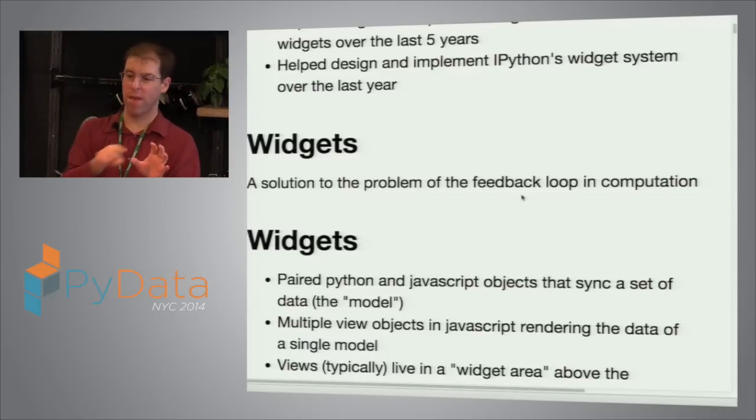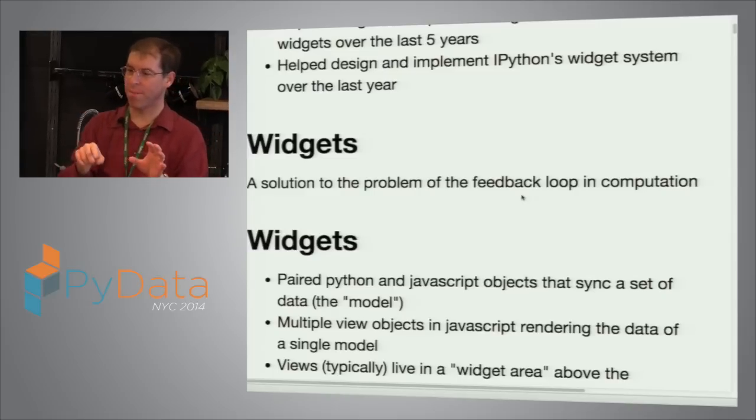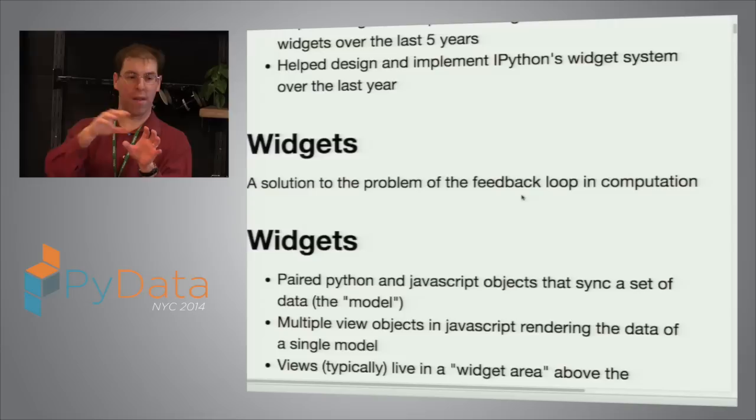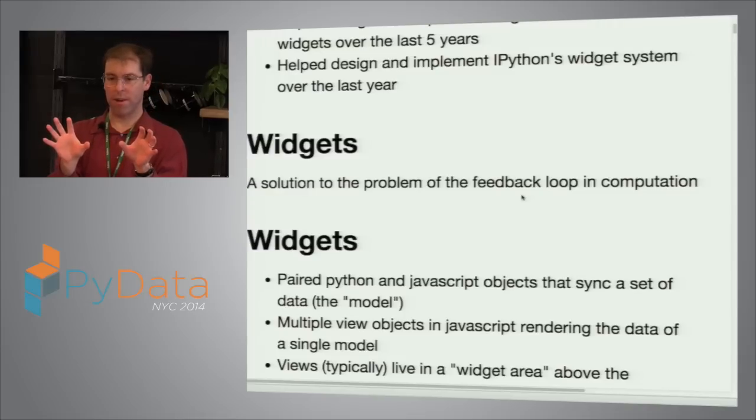And this feedback loop is really quite onerous sometimes, and it takes a long time. And so by the time you have the computation, and say you want to run a variant of the computation by going up to the code,